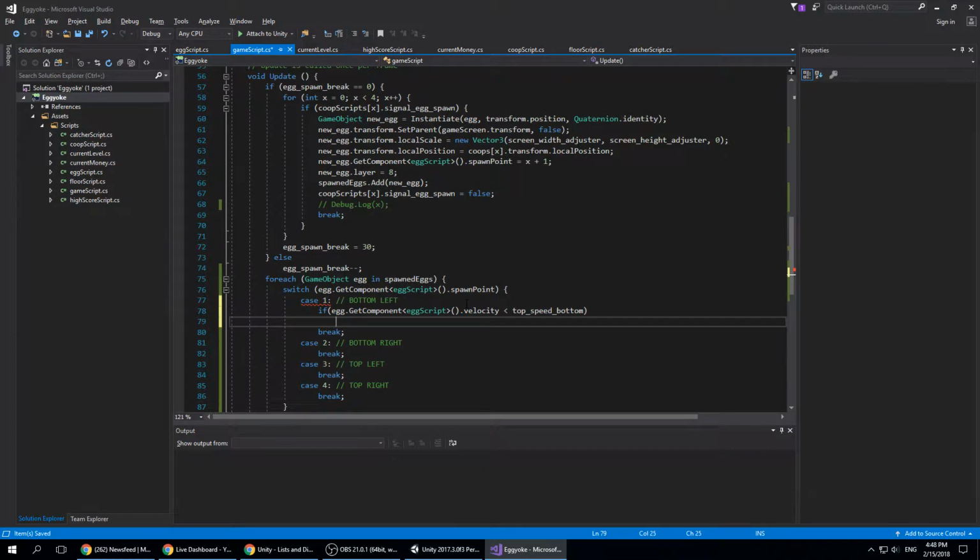We'll say egg component egg dot velocity, we'll need to just copy paste the whole thing, equals plus, so it's going to be the old velocity plus the acceleration times the time. But we know